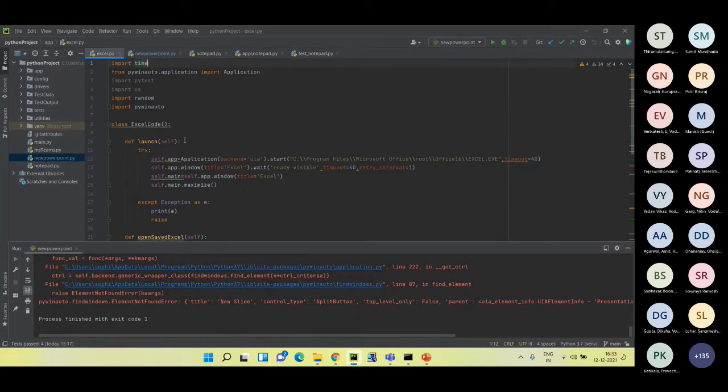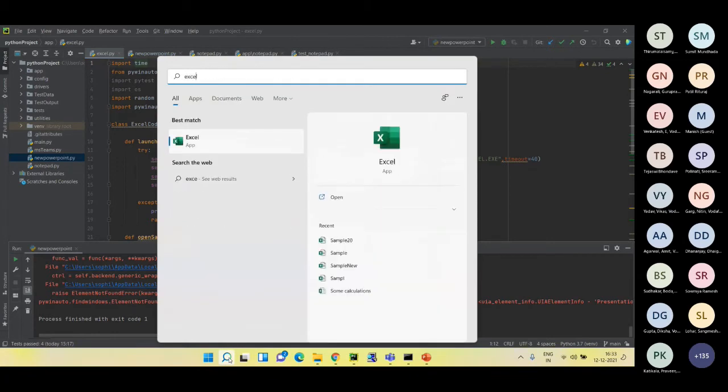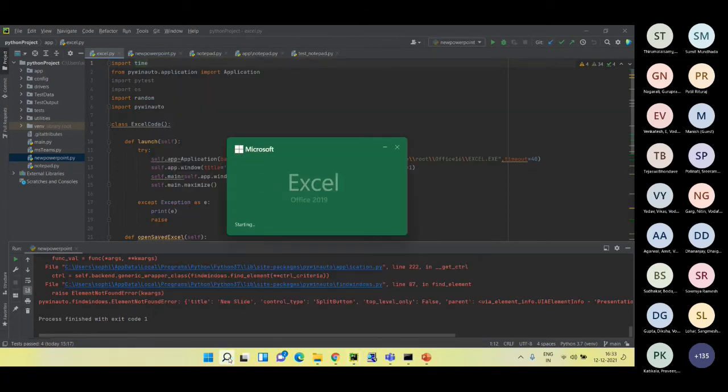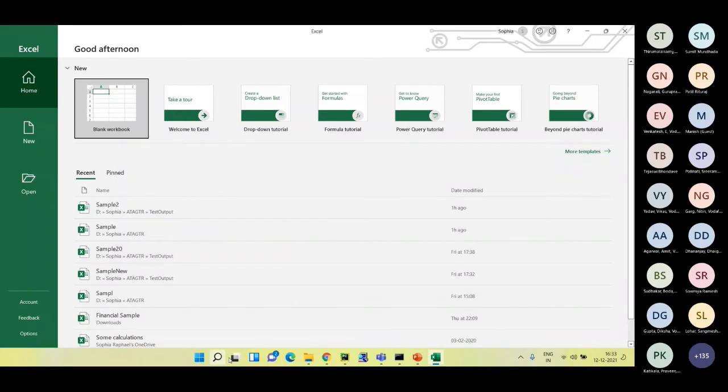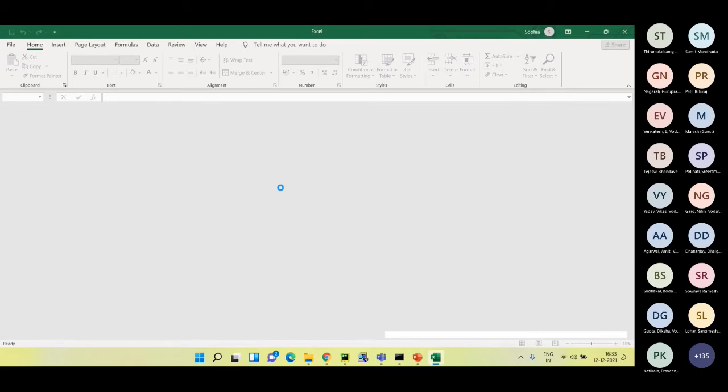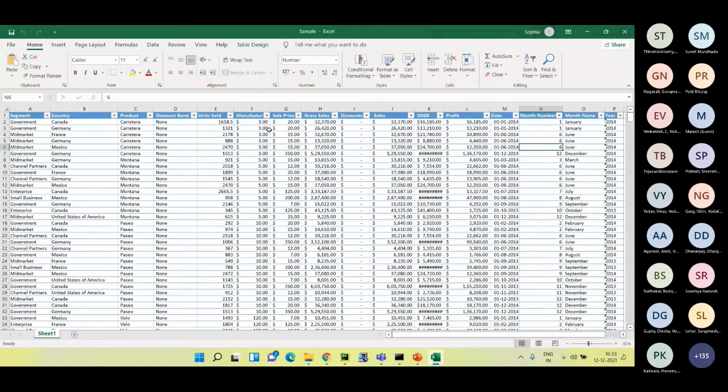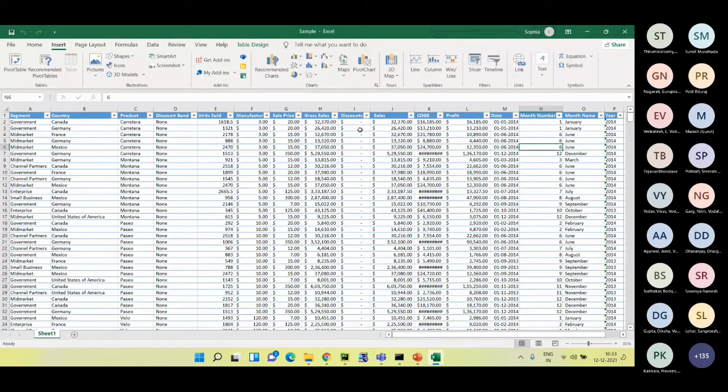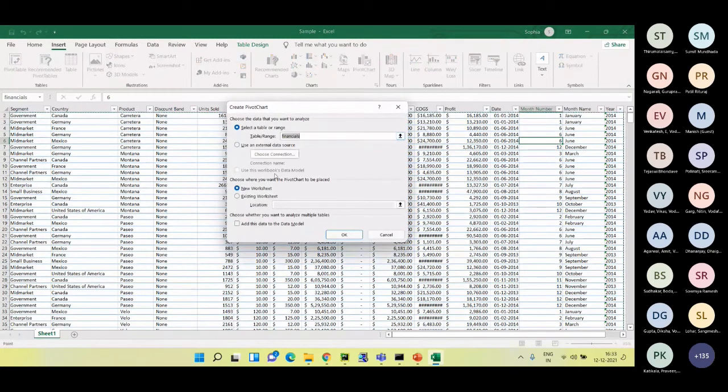Okay. So what I would like to do next is, let's say we have an Excel. The next use case that I'm going to take, in the Excel I'm going to open an already existing sample file. Okay, let's see this one. Then I need to use the data of this and create a pivot table. So I'll go to Insert, and there is a pivot chart there,